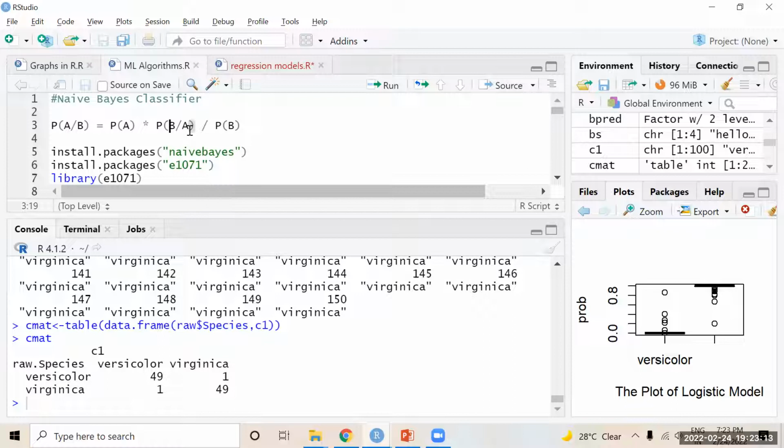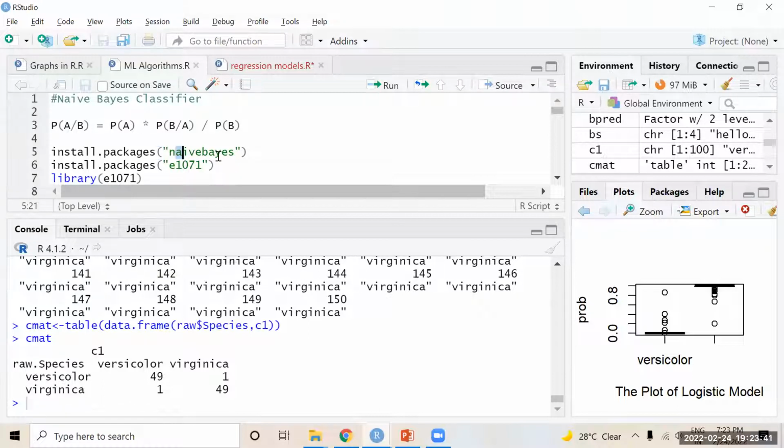For example, if you have a loan data set with age value, income value, family size, and other income resources data, the manager has to take the decision: can I give the loan, yes or no, accept or reject? What is the probability to reject? What is the probability to accept? For these types of problems, the naive-Bayes classifier will work efficiently because it performs conditional probability on existing data.